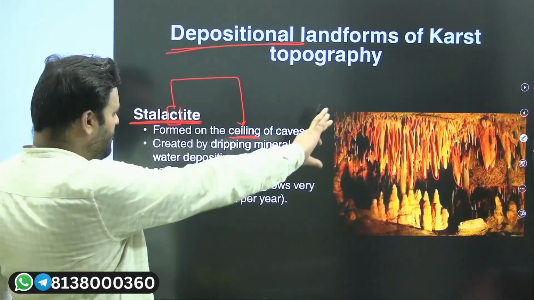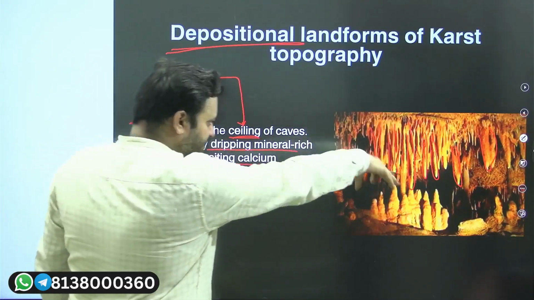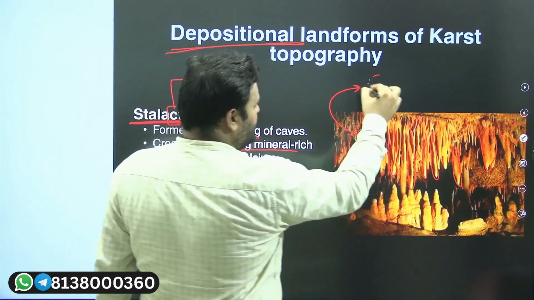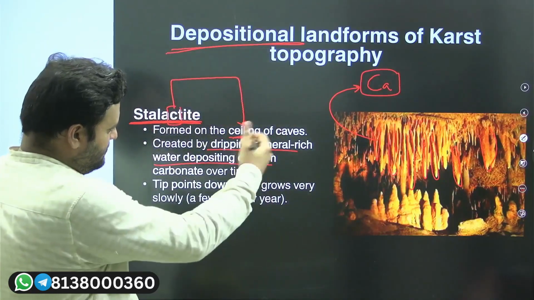Stalactite. They will be formed whenever there is a dripping of mineral rich water, whenever there is a deposition of calcium. As a result of deposition of calcium, there will be a formation of what? Stalactite. And yes, there will be a,